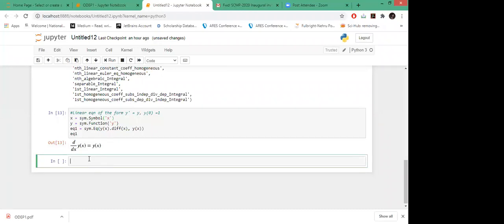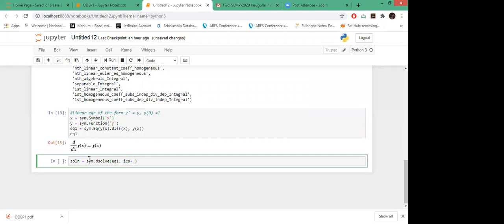Now let us define the initial conditions. I can directly pass the initial condition in the function argument itself. So for the solution I will use dsolve. This function is already in SymPy, so I'll just pass our equation 1 with the initial condition, ics.